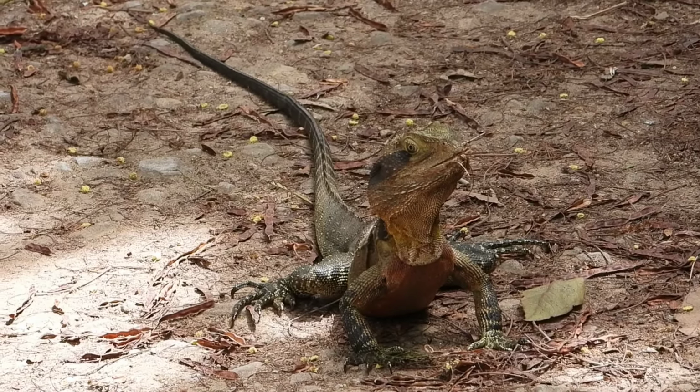He's up quite high in the tree. Amazing. And these guys are the second largest lizard in Australia, beside the perentie. But in this region of the Cumberland, they are the largest lizard in this region. And they get up to well over 2 meters long, so they're definitely one of the larger lizards worldwide,